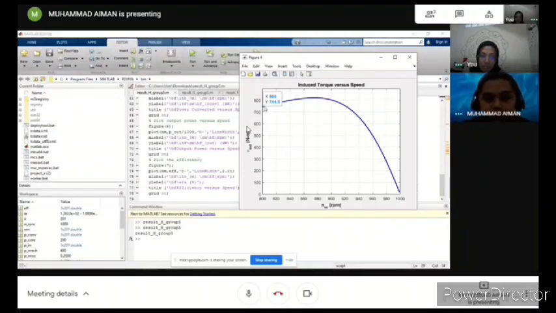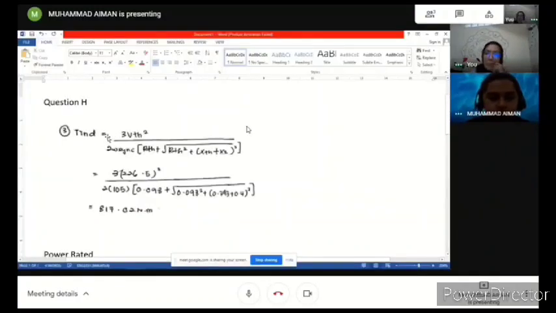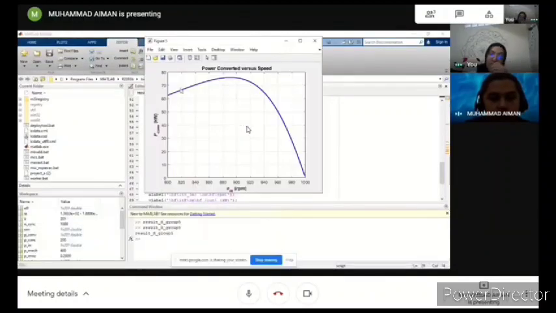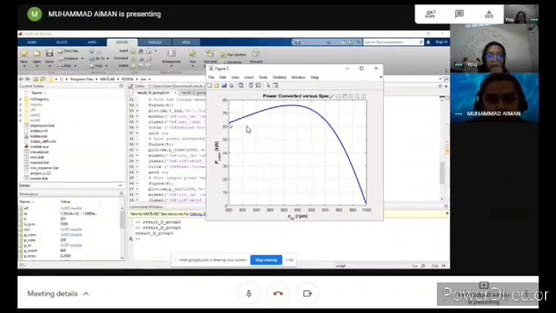When the speed is 800 RPM, the value of induced torque is 744.5. The maximum torque is 818.6, which agrees with the manual calculation that gets 817.02 Nm. Figure 5 comes out with the title power converter versus speed. When the speed is 800 RPM, the value of power converter is 62.54. The maximum power converter is 75.92 when the speed achieves 889 RPM.